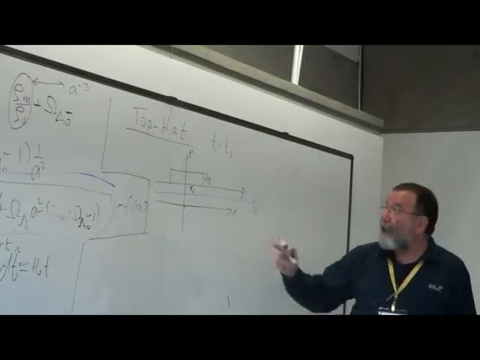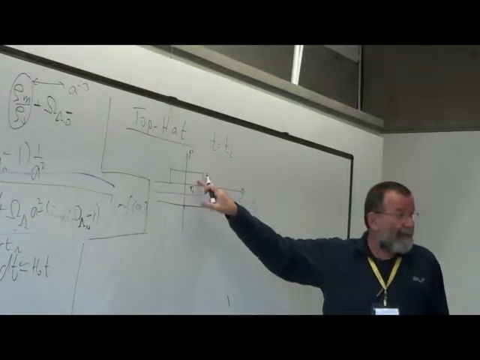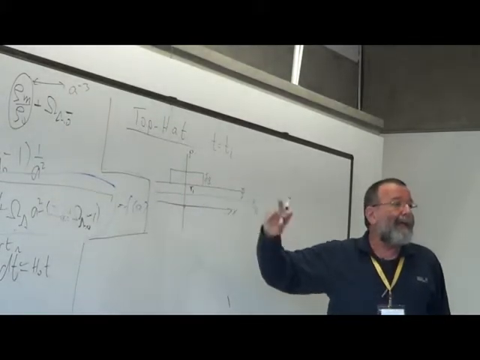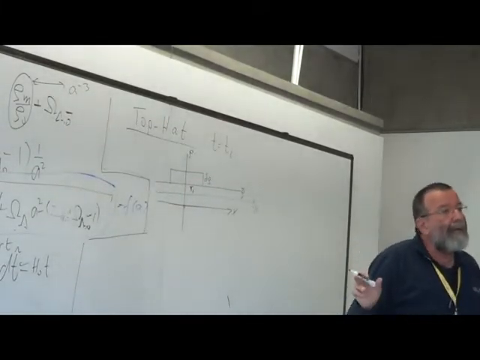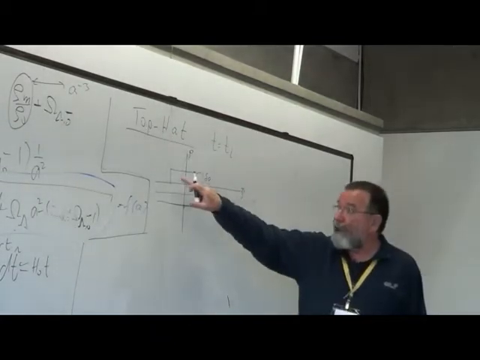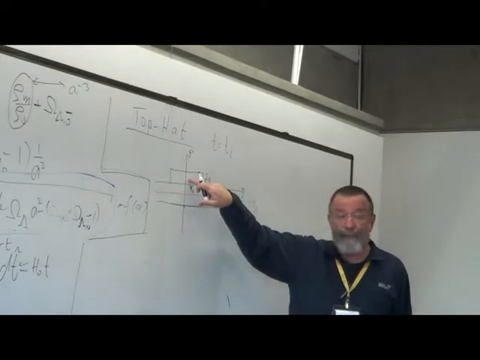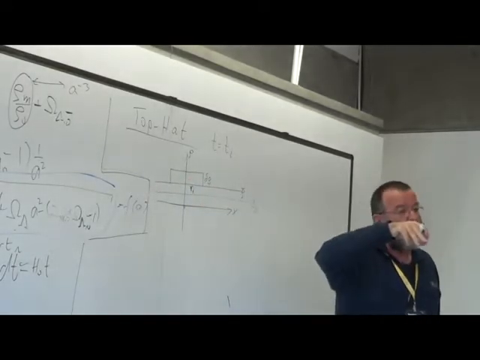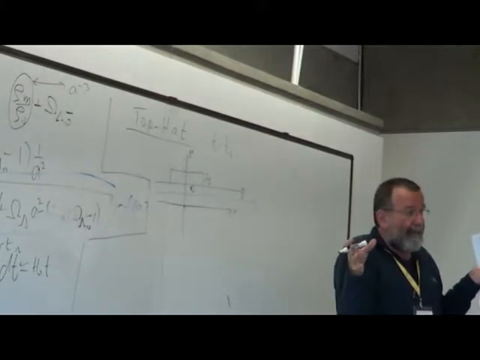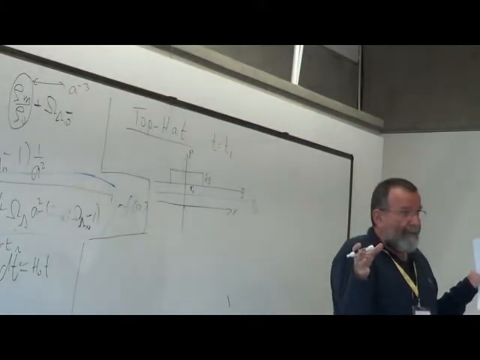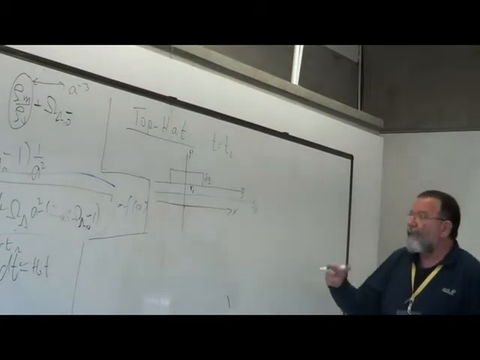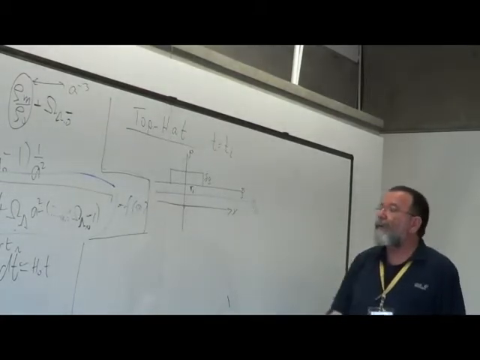Like one way, I can perturb both the density and the velocity. Or I can say I'm lazy. It's good enough that I bring with me enough material to dump it here and form this excess of material. But once I put it there, I let it initially expand with the rest of the universe. Okay? Now imagine for simplicity, later on we'll do it in full glory for general cosmology,